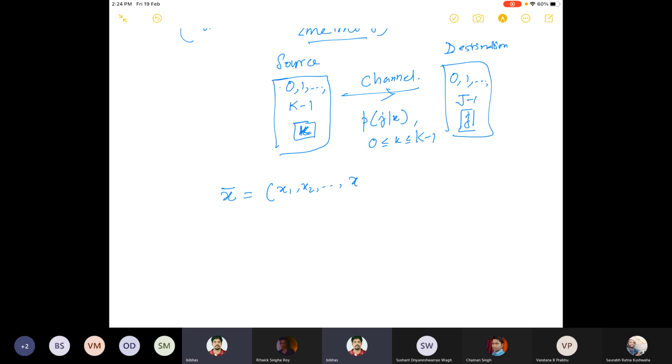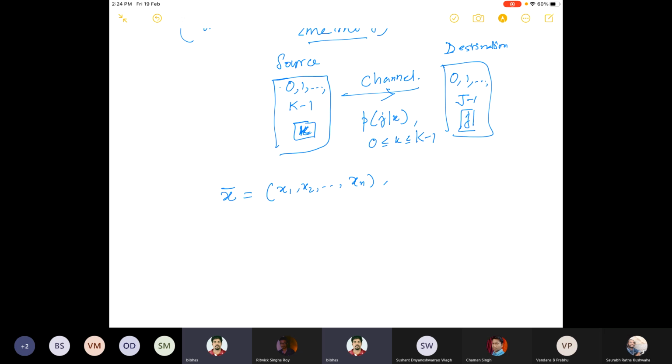By the way, with this channel coding we'll finally prove what the channel coding theorem is. But here these notations will be a little bit more complicated than the previous ones, than in the source coding part. So that's why first of all I'm defining all the notations that I'm going to use. So this small x bar is just x1, x2, up to xn.